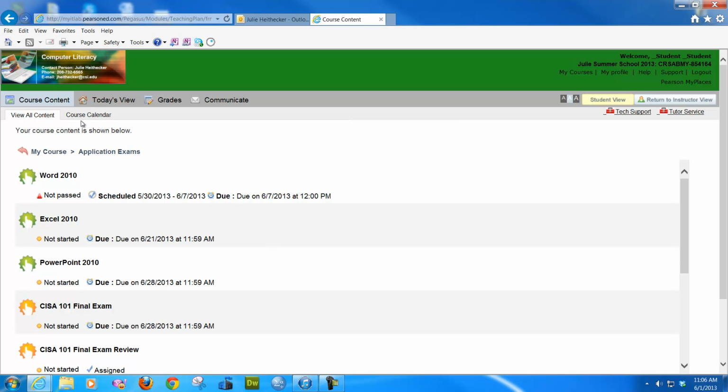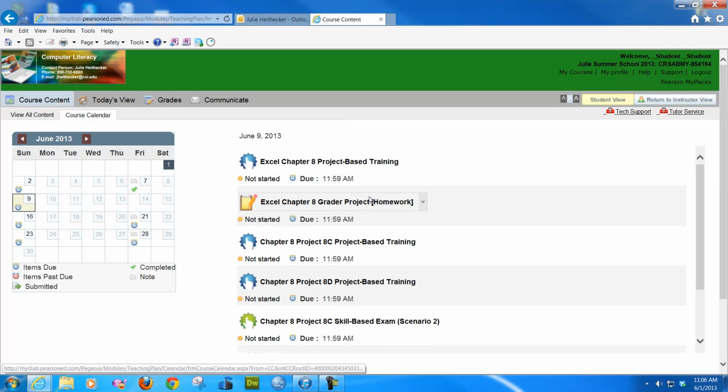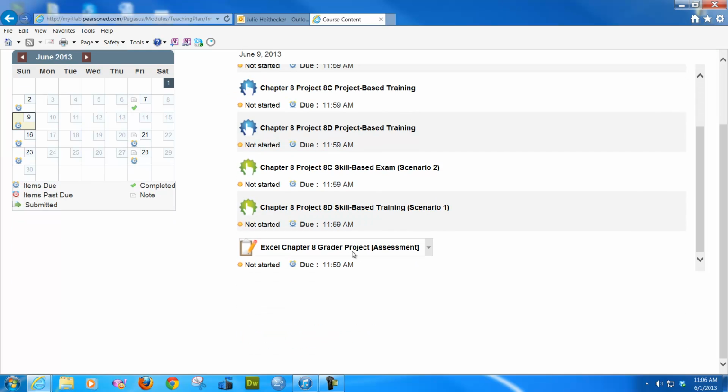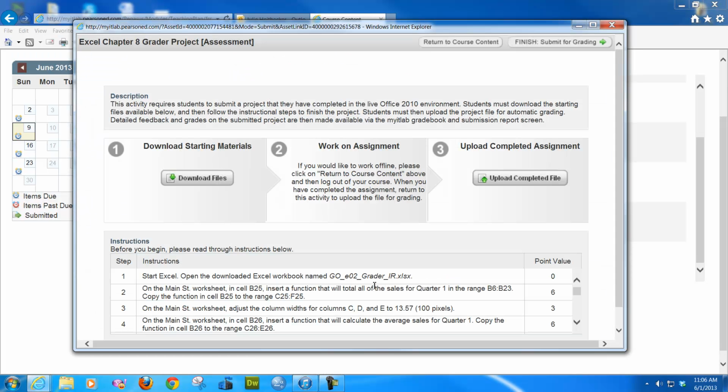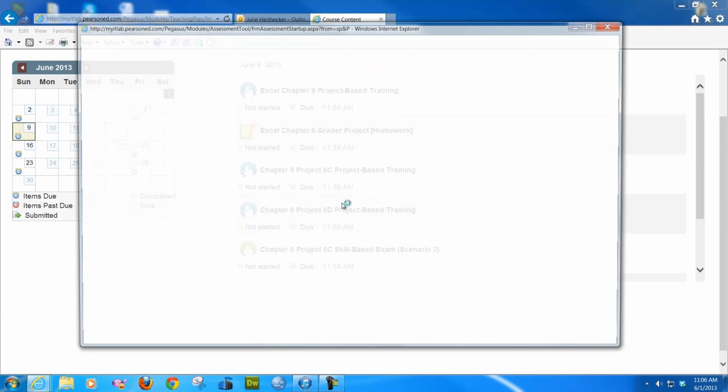Okay, and then starting Monday, or whenever you want, but for the 9th, you have this stuff due. Excel Chapter 8. So you have a quiz, a case grader, a couple more quizzes, and then another case grader. So you have 2 case graders, and hopefully they are different. So far it looks like it. So you have quite a bit. When we're in Excel, we do a lot, and we do it in 2 weeks.